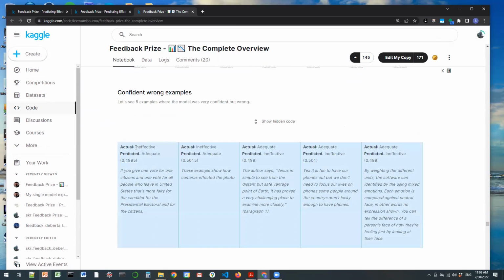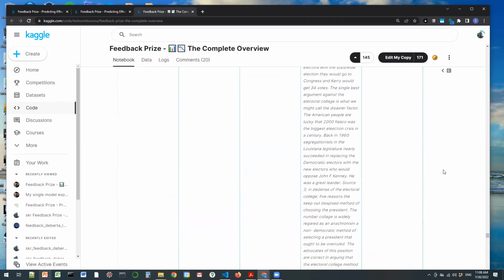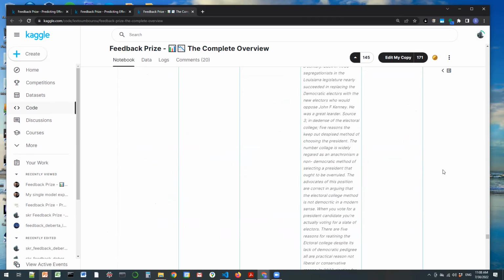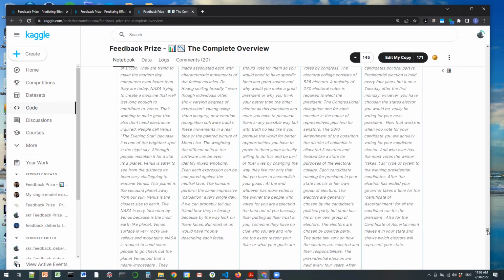But as you can see, what I just mentioned, a lot of it confidently predicts adequate but actually ineffective, and you can see there's a lot of confusion between these two classes. And then he has a separate inference notebook just to wrap things up. But I thought this was an interesting notebook to go through for a lot of the techniques and what